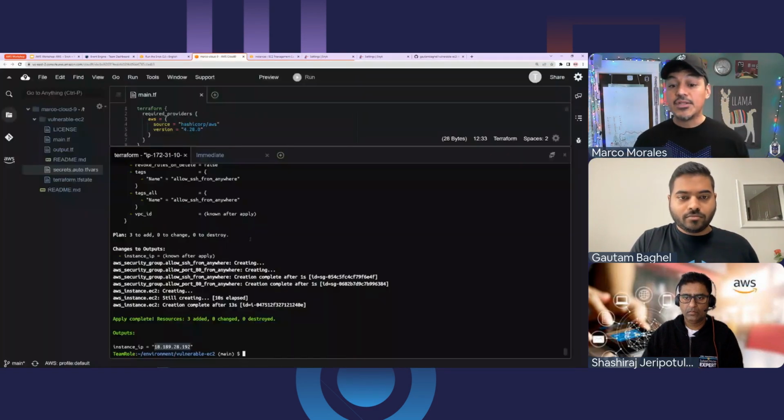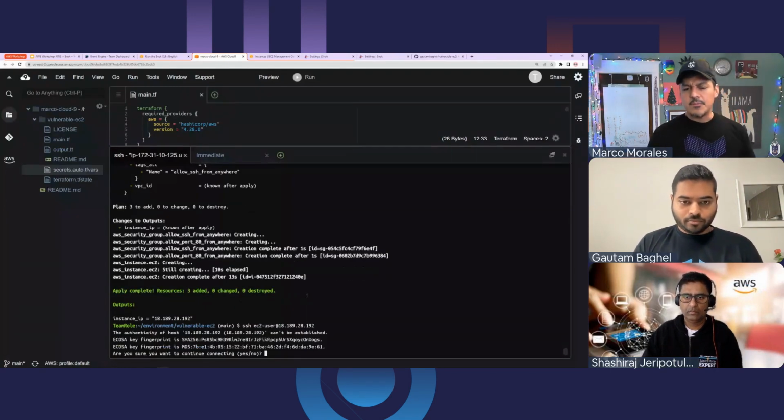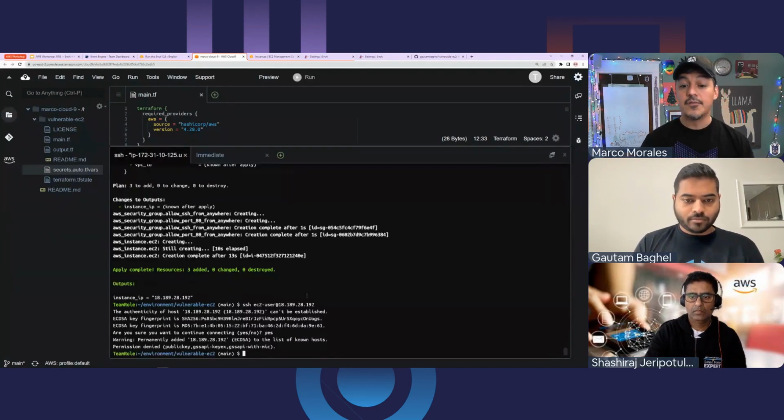At this point, I'm going to do a couple of things. I'll do this from Cloud9 and maybe even my own computer to show you that this machine is available to everyone. So I'll do an SSH EC2-user at the IP address, and that worked. And what happens, assuming my machine is up and running, is from Cloud9, I am trying to SSH. Because I did not create a key pair or copy it or anything else, I'm actually not going to be able to do it. But this is proof enough that I'm able to access it from this environment.